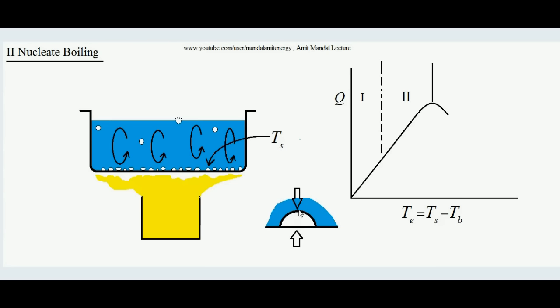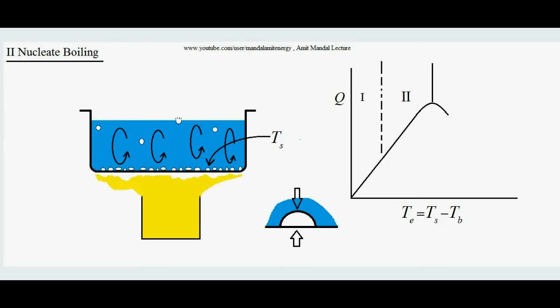So in the heat transfer from this surface to the liquid, the bubble itself is acting as a hurdle, a thermal resistance, because the bubble is formed by vapor. Vapor's thermal conductivity is lower compared to that of liquid in direct contact with this hot surface. Since the number of bubbles is increasing more and more, most of the liquid is detached from this hot surface. So now the heat transfer rate is decreasing, because so many bubbles are acting as a hurdle in the path of heat transfer.